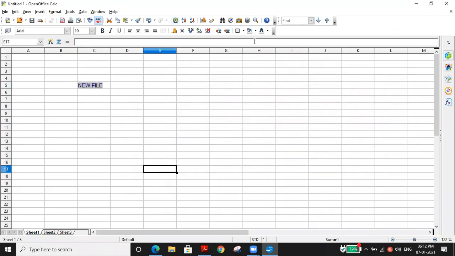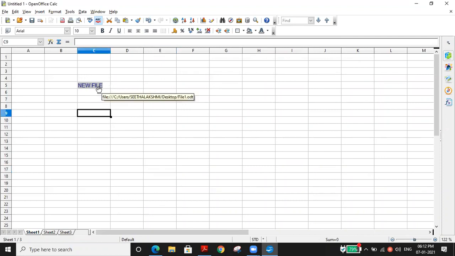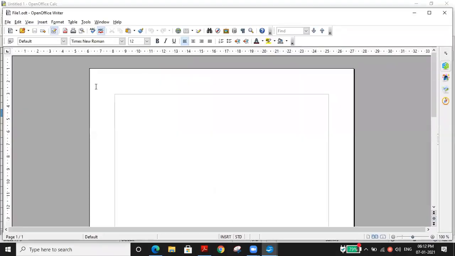You want to understand whether it is a hyperlink or not. Just on the text there, if you keep the pointer near it, you can see the pointer changes into a hand symbol. Could you notice that? Yes, sir. Just by clicking, what will happen? The new file will open. It's a text document file that has opened, no? Then we can edit here.